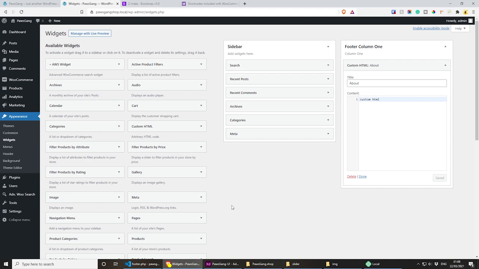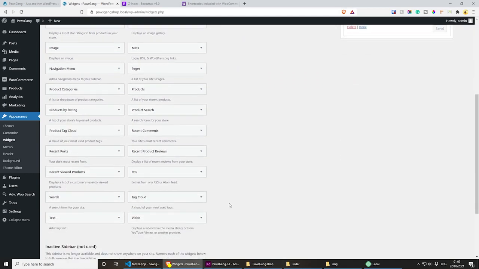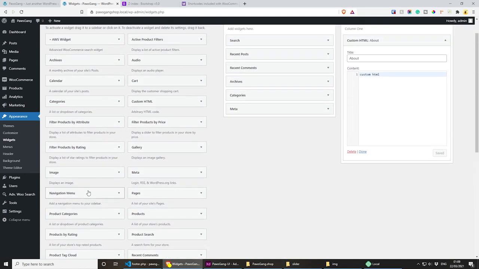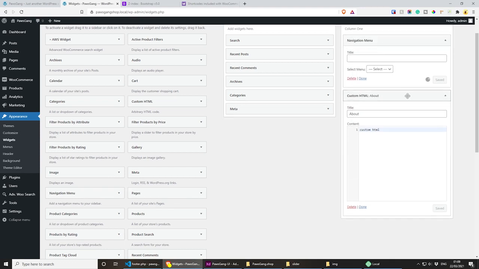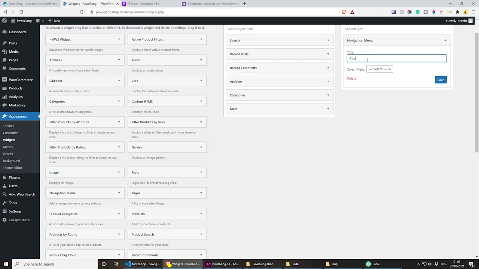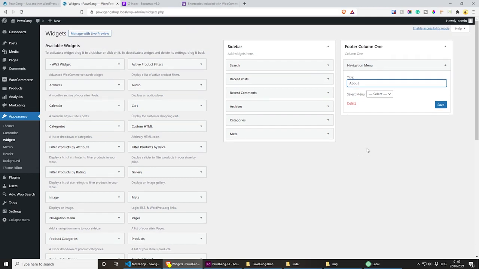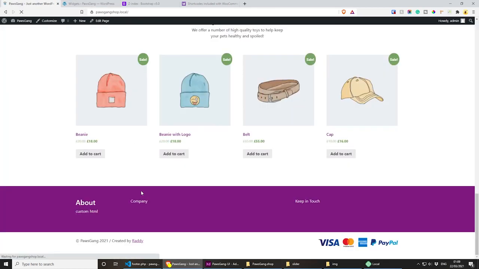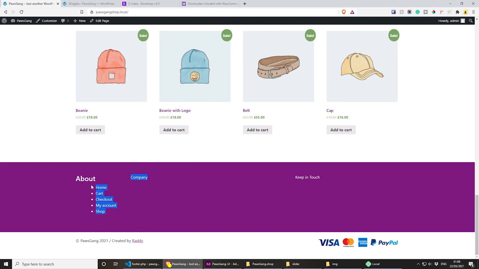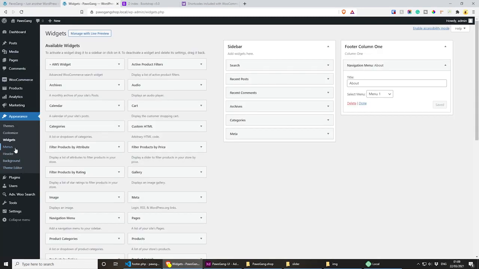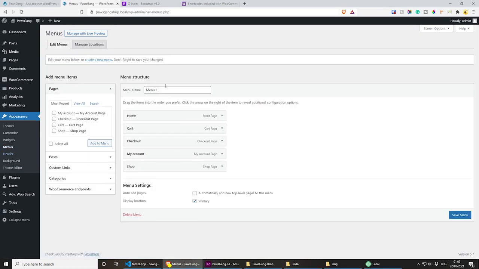If we go to widgets, we can drop a new one. We can get the navigation menu, just drop in here. Let's remove this one and we can call this one about. Now, here is where I would create a totally different menu. So at the moment we can use menu 1. Let's save it and see what we get. So we get a few items. Obviously they need some styling, but I'll normally create a totally different menu by going to menus and then